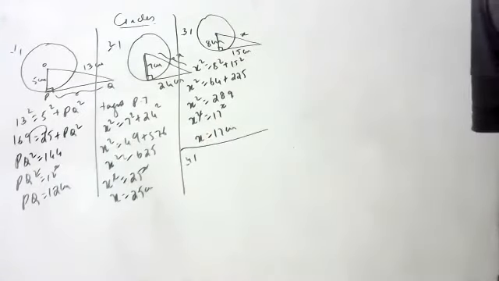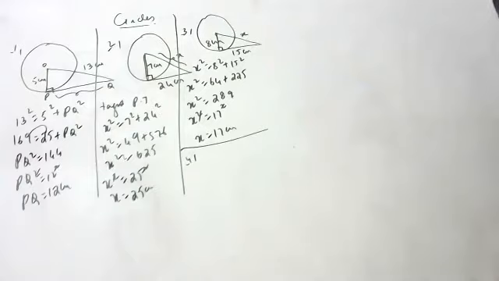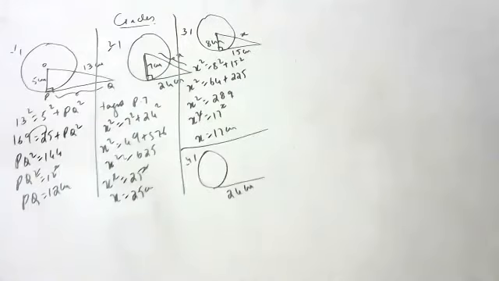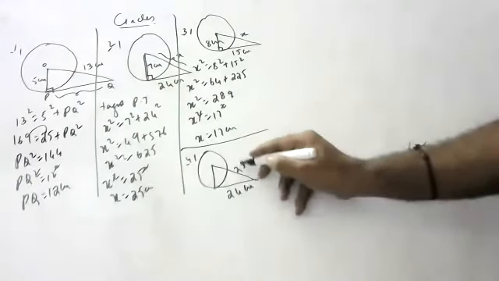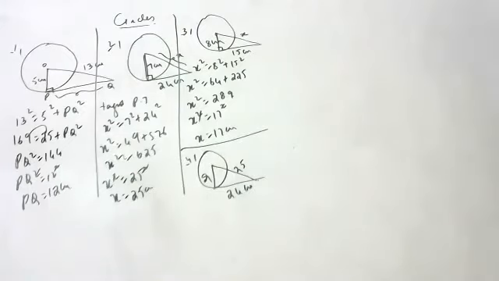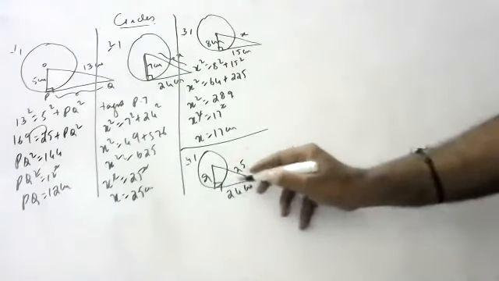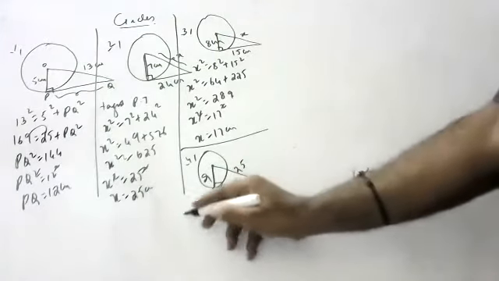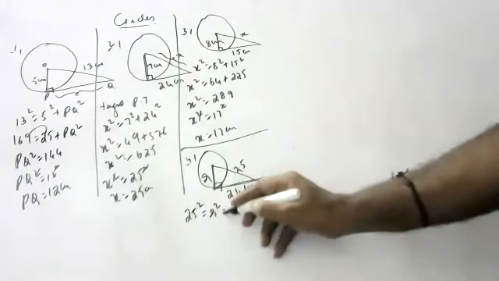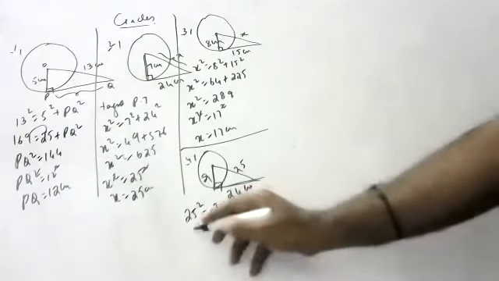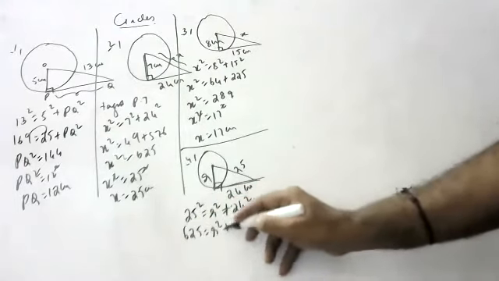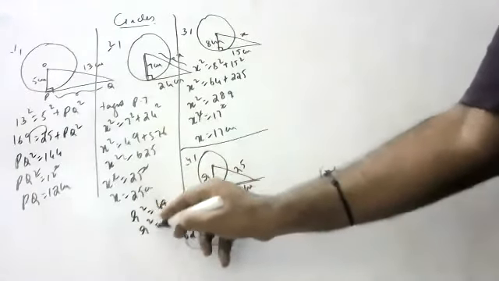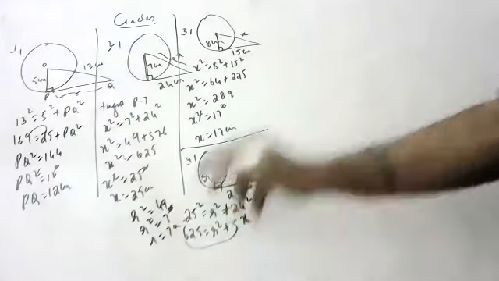If the tangent at the point P of a circle cuts the line through O such that PQ is 24 centimeters and OQ is 25 centimeters, find the radius of the circle. Suryakala, can you tell me? Radius is perpendicular to the tangent. Can you apply Pythagoras theorem? 25 square is equal to R square plus 24 square. 625 is equal to R square plus 576. R square is equal to 49. R square is equal to 7 square. R is equal to 7 centimeters.